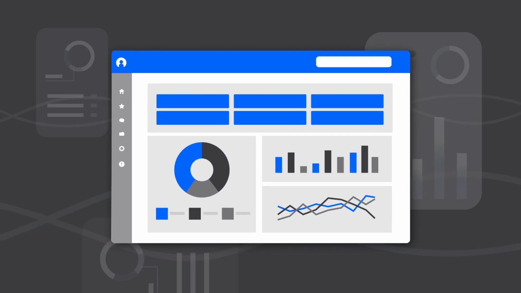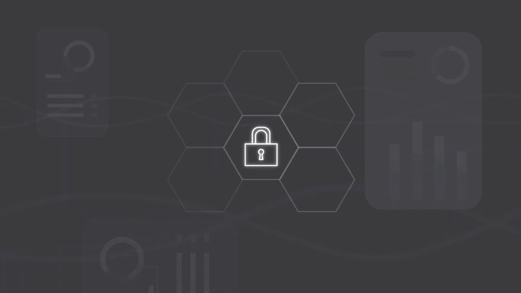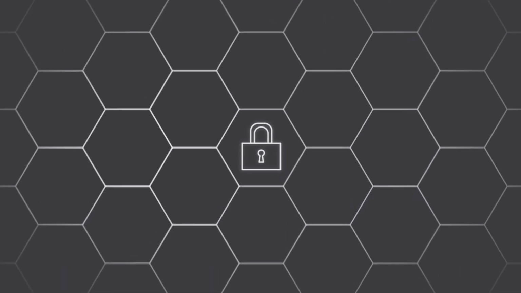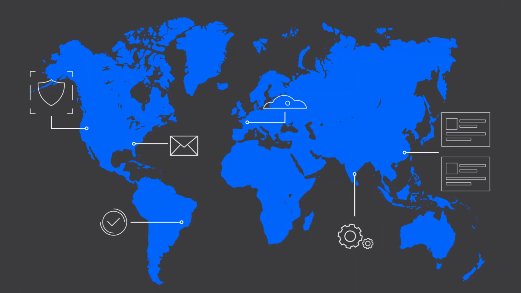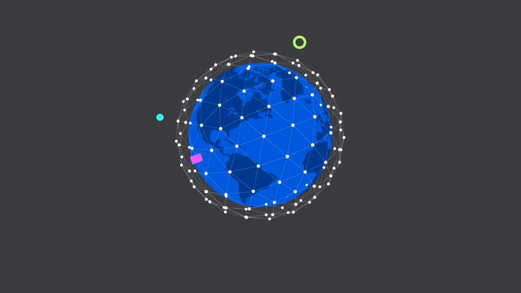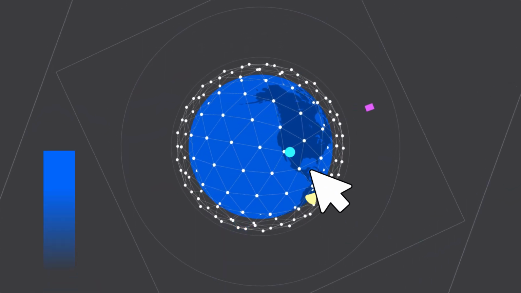Power Automate lets you securely scale across your whole organization with confidence, from simple tasks to super complex enterprise-wide processes. If you're ready for cloud-powered automation for a fast-paced modern world, learn more at